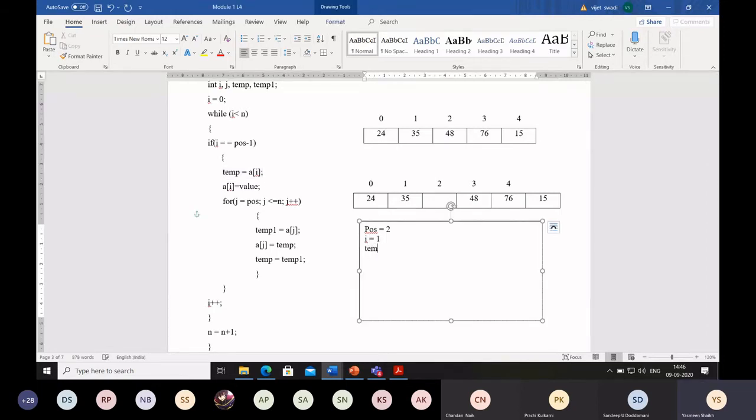We will write temp is equal to A of i. i is how much? 1. What is A of 1? A of 1 is 35. So we will write A of 1 as 35. Then we will write A of i is equal to value.